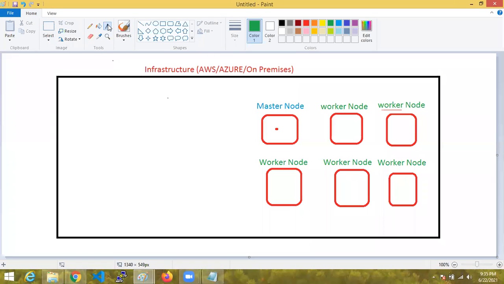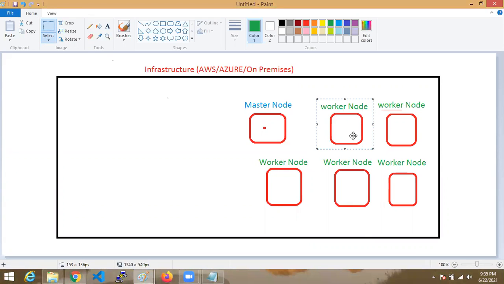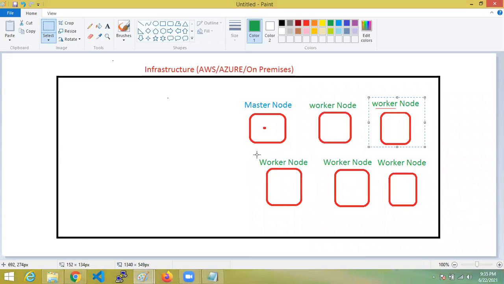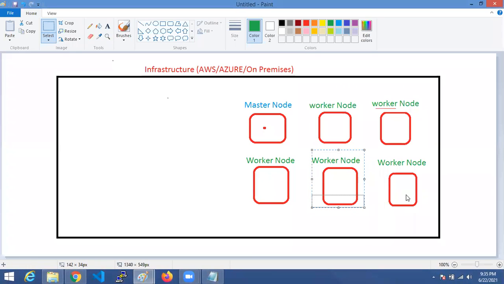Nodes, meaning systems, we should create first in the infrastructure. In this setup we have a number of nodes. But not only one master node, we can take multiple master nodes also. Depending on the requirement, first I'm taking one master node here. Depending on the requirement, multiple master nodes can also be taken. But this one master node is going to maintain some worker nodes. Understood here?